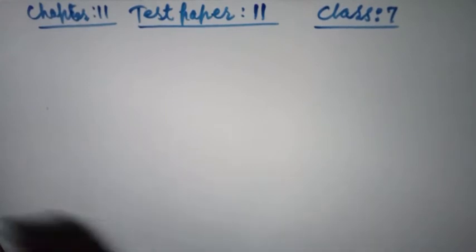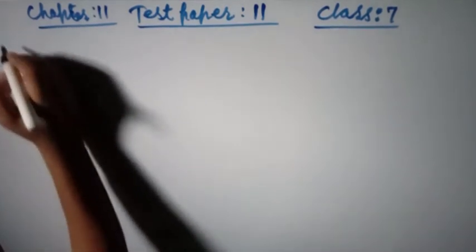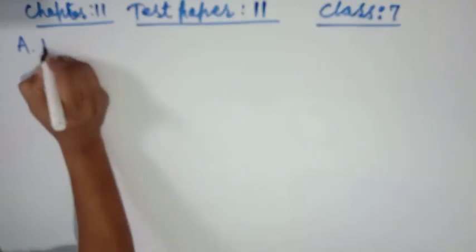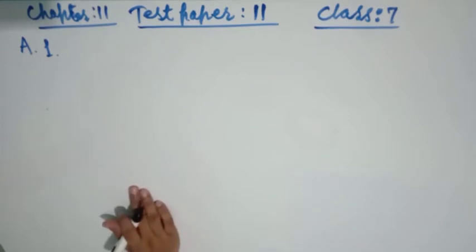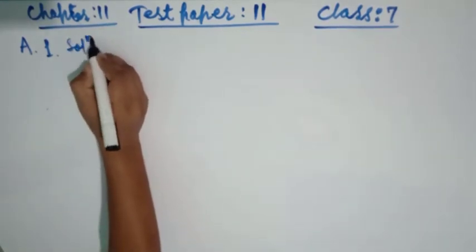So here friends, we will start from question number 1. Question number 1, section A says, by selling a car for rupees 1375, a man gains 10%. Find its cost price. Here friends, we have to find the CP. Whatever is given, first write it down, then write the gain.